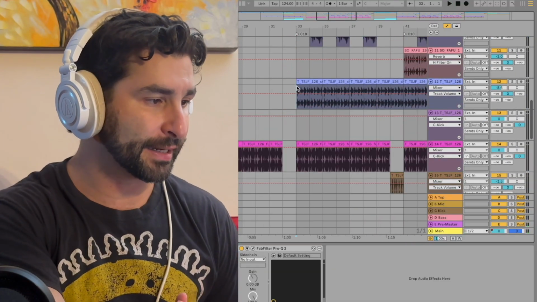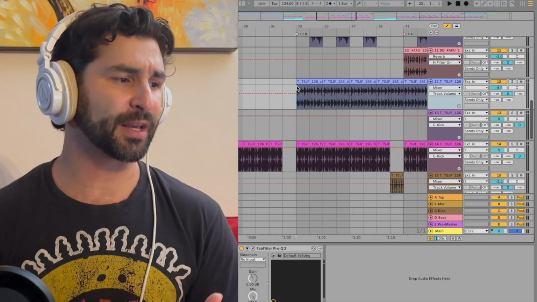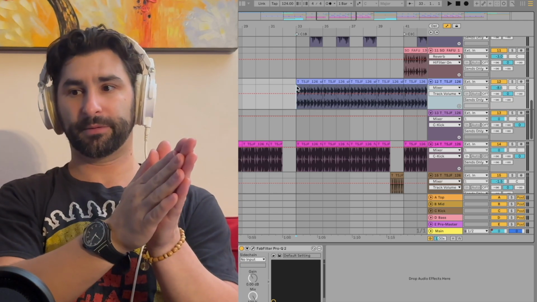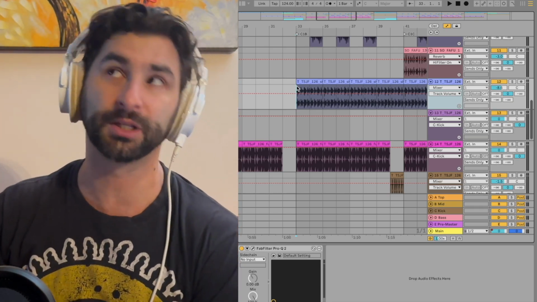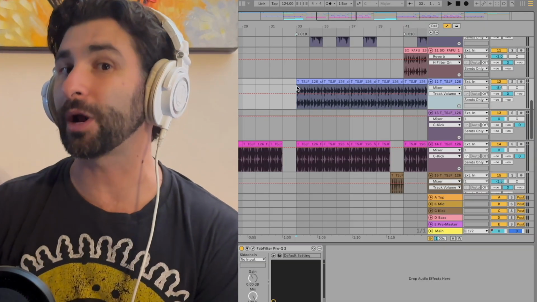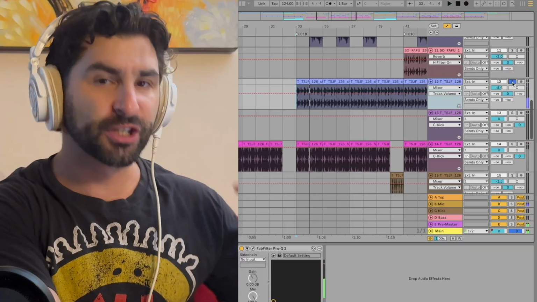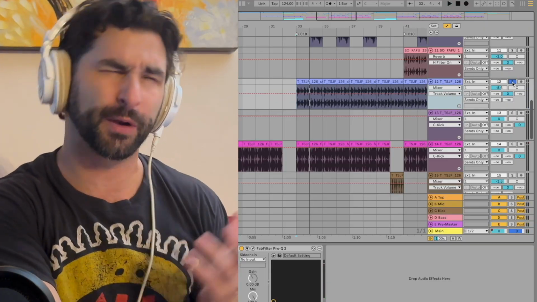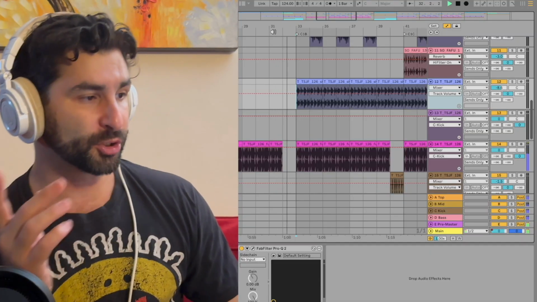So the first thing I did is added in more high-end elements. I find, and this is a bit of a psychological thing, when you add in elements, like say you look at a piano, low notes versus high notes. When you have higher notes, a lot of times they add in more energy. So when I have this now, right, there's a certain energy that gets increased, or perceived energy, if I'd word it like that, when it comes to a song. So with this, now you notice you have this,